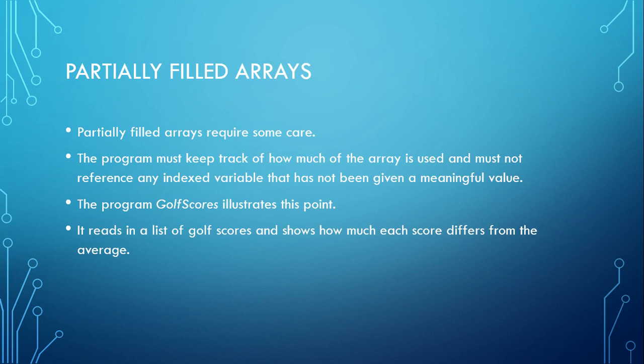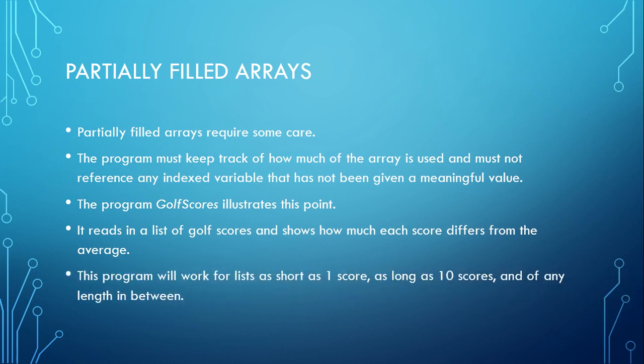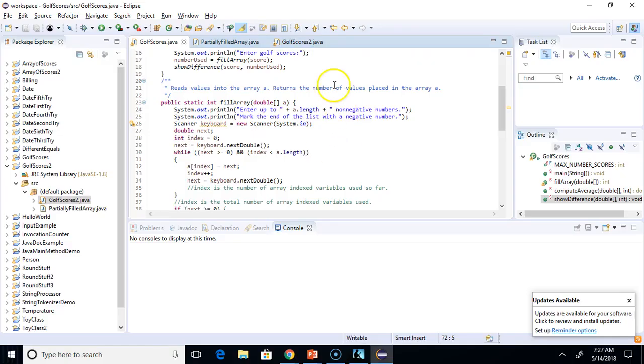So what this program does is it reads any list of golf scores and shows how much each score differs from the average. This program will work for lists as short as 1 score, as long as 10 scores, and any length in between. You'll notice that if you use a score length of 0, it's not going to work. All right, and if I run this here,